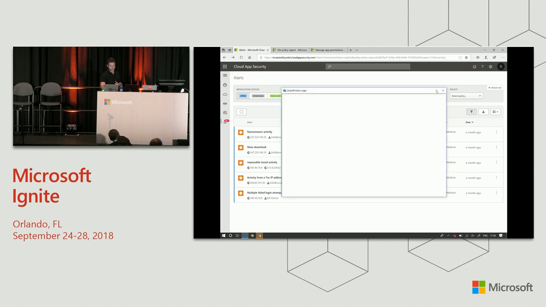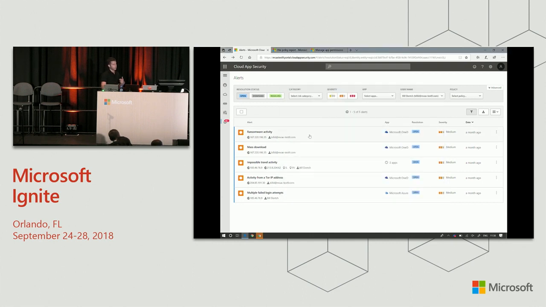And here we're going to the alert section within the portal. I chose to filter on a specific user for whom we've identified several different alerts that came in one after the other. This is the story that we usually see with real attacks. We see them starting with multiple failed login attempts because the attacker will try to brute force the password for this account. Then we often see that the activity is coming from a Tor IP, because when attackers are doing these brute forces, they usually want to obfuscate the real IP they're using, so they go behind this Tor IP.